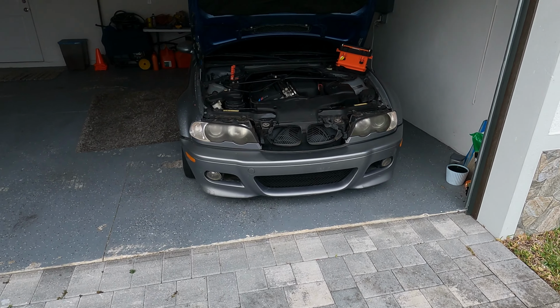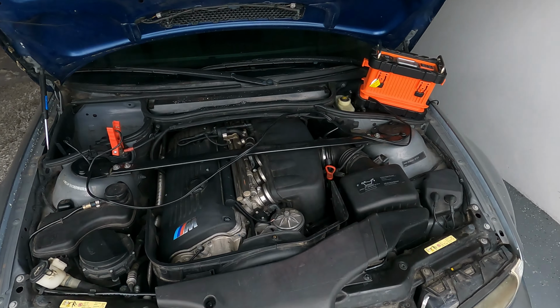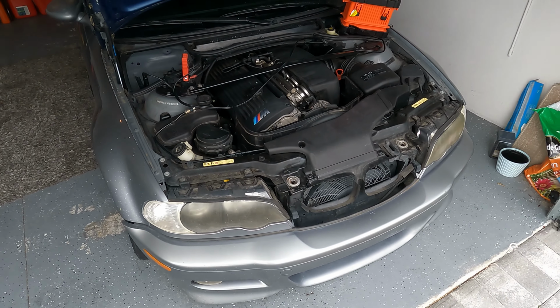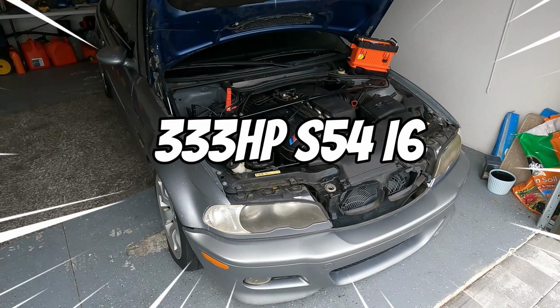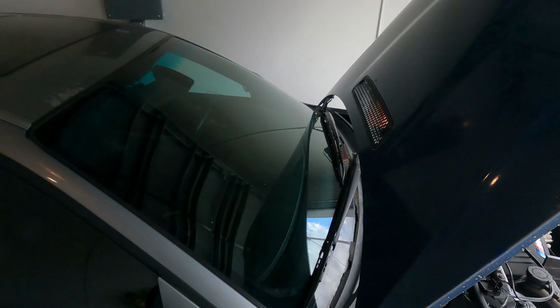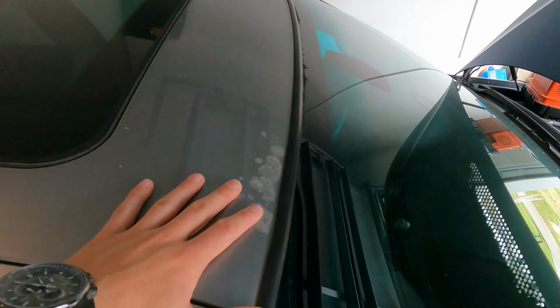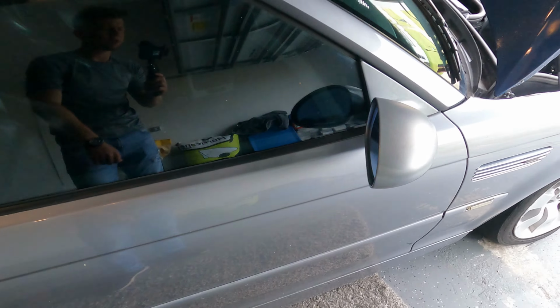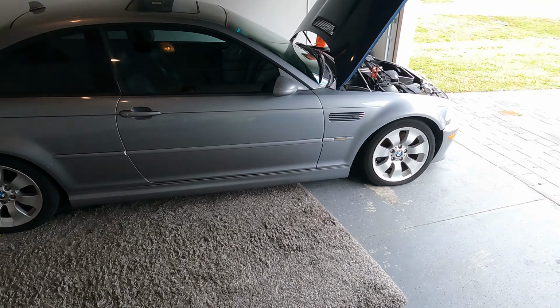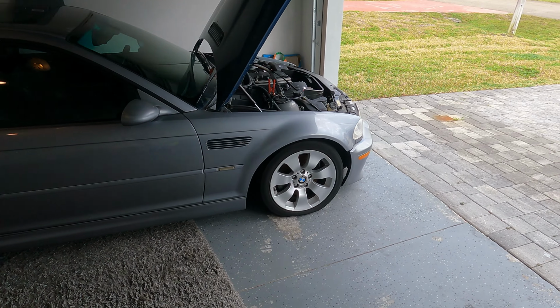Right now I've got it on the battery maintainer because the battery was completely dead. But those of you that haven't been following the channel, this car is mechanically very solid. Cosmetically, pretty much absolutely terrible. Between this hood, some hail damage, some peeling on the paint here, on the doors, on the mirror caps. Not in the best shape cosmetically, but that's some of the things we're going to be taking care of